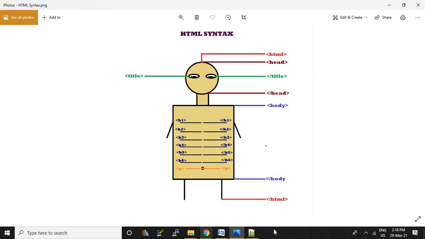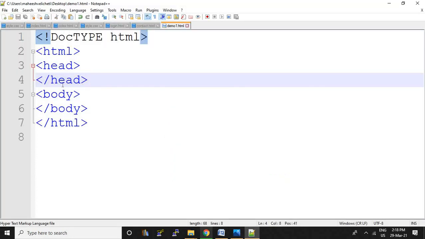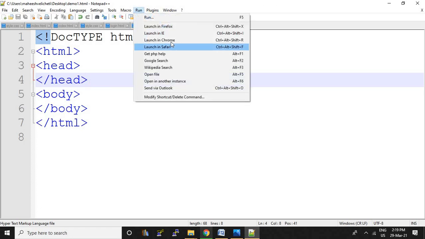This is the main HTML syntax, and there are some other tags included in this, like the title tag, h1 tags and p tags also. How I need to include these, I will show you. But whenever you need to remember HTML syntax, please don't get confused, just remember this diagram, so you will become very habituated to it and it will be easier to understand. Now see this, I will run this command, launch in Chrome. I did not get any output. Why? Because I did